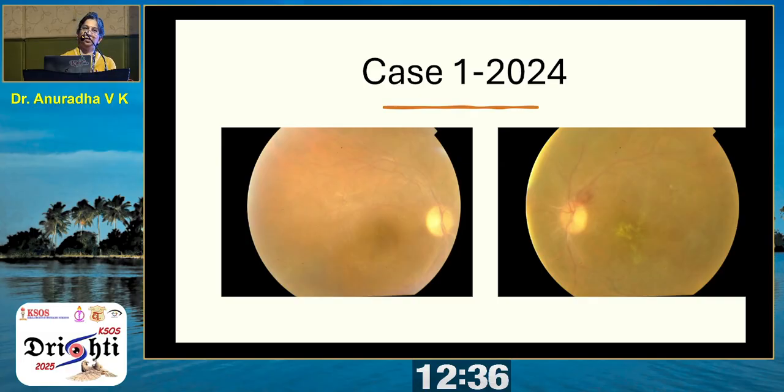So Behçet's is a very unique disease, and it's not uncommon in our part of the world, particularly in Kerala. It's a non-infectious uveitis which is capable of mimicking a spectrum of infectious uveitis. So it can present with hypopyon and retinal, pre-retinal exudates mimicking an endophthalmitis. The retinal infiltrates in Behçet's can be mistaken for toxoplasma. And I've even seen a case which presented with what looked like a subretinal abscess. So you need to keep that in mind.